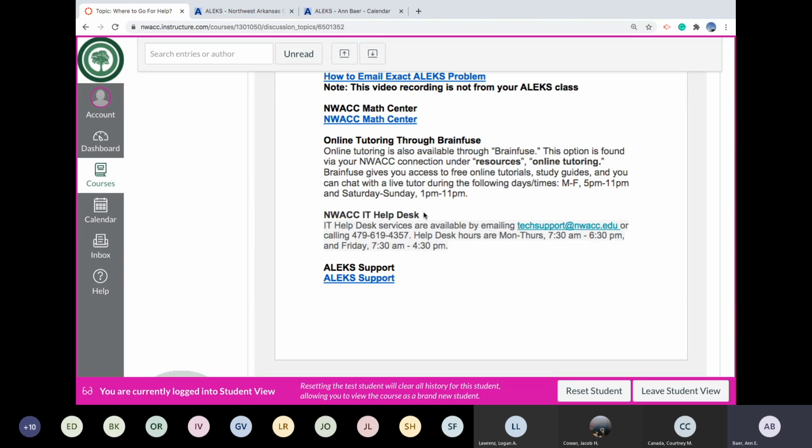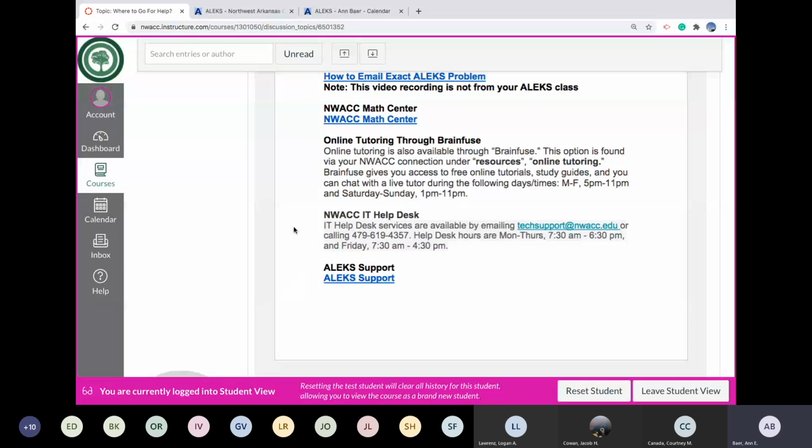For instance, you will need a mic for the proctored testing that you will do in this class. And I know I've had an email from a student or two whose mic doesn't work on their laptop, so if you need an external microphone, they can recommend one for you. They recommended technology for me this summer, and I'm a Mac person and have been for 10 years, but I wanted a Windows computer so I could write documentation for my students that have Windows computers. So they recommended one to me.